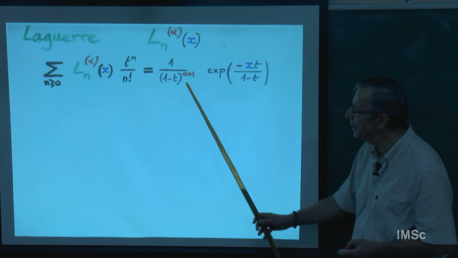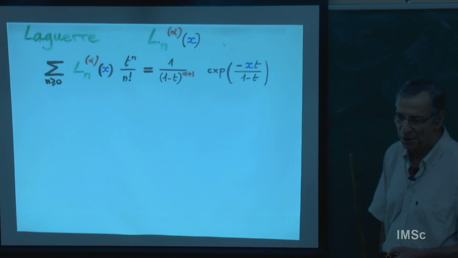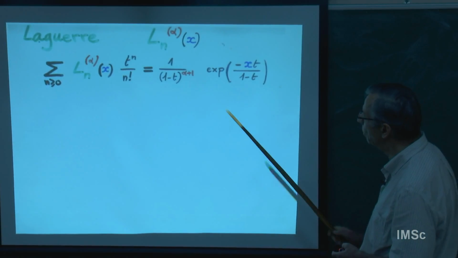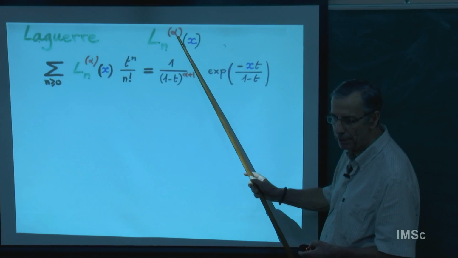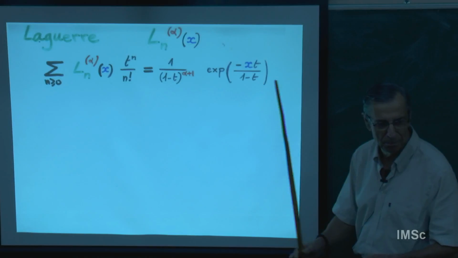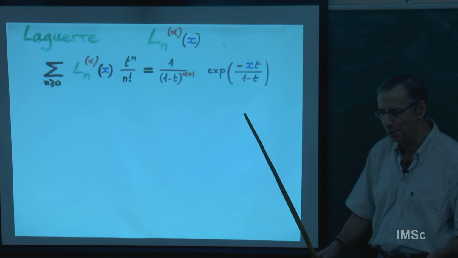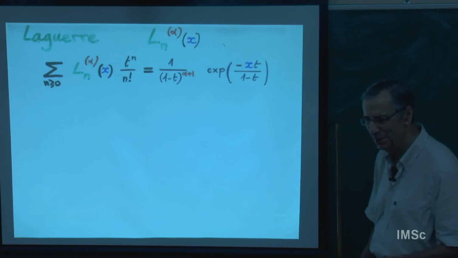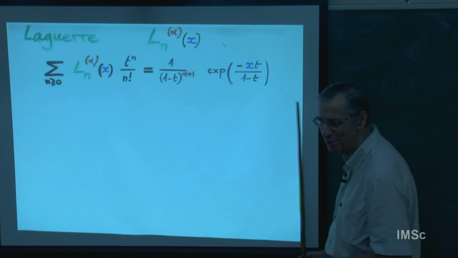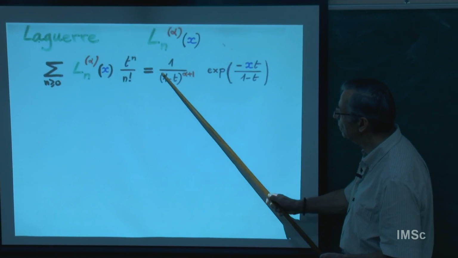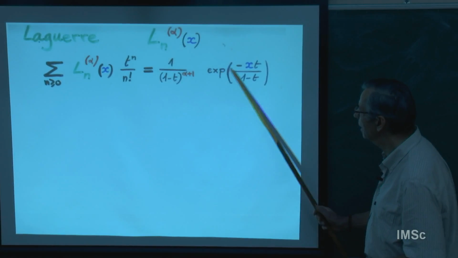So Laguerre polynomials can be defined again, one possible definition, by the exponential generating function. I'm working with Laguerre polynomials with the parameter alpha. Usually alpha is a real number, but here in the philosophy of combinatorics, alpha is a formal variable, a parameter. If you want to put alpha equal 1 over 2 after, you are right. But for us, it's just a letter, the formal parameter. In the exponential generating function, you have this multiplied by exponential of this.